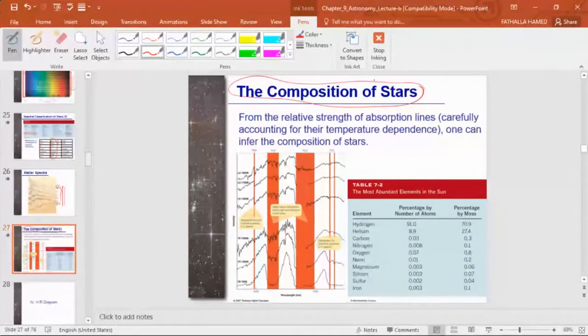So here we can basically look at different gases and we excite them. And after we excite them, we can look at the spectrum that we get from them. And we look at the absorption spectrum. We can do that here. Now, when we look at the spectrum that we get from a star, we start comparing this,